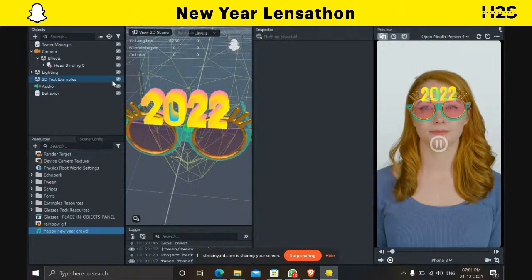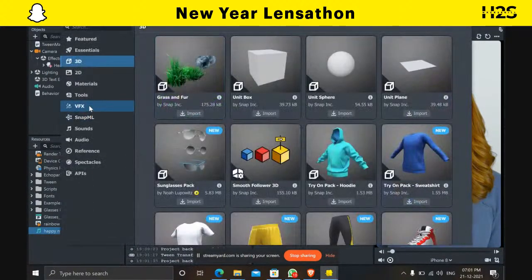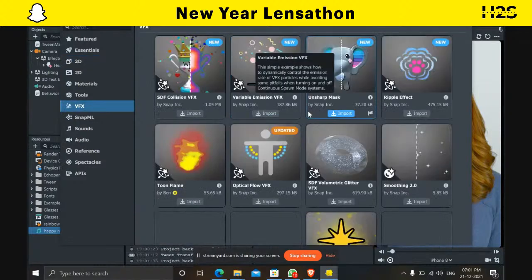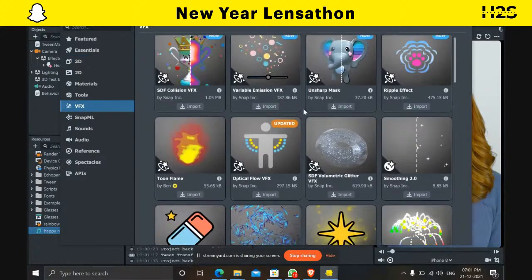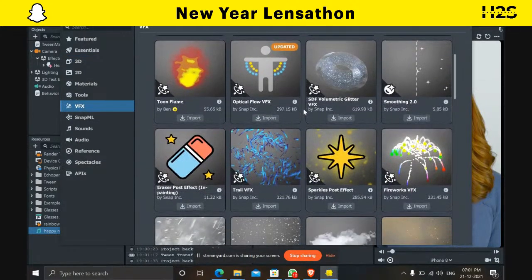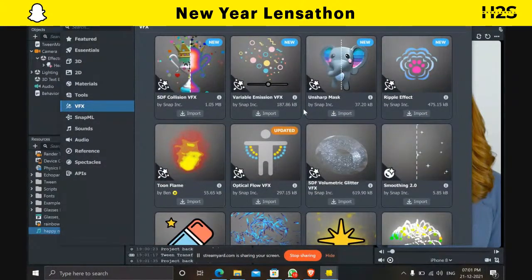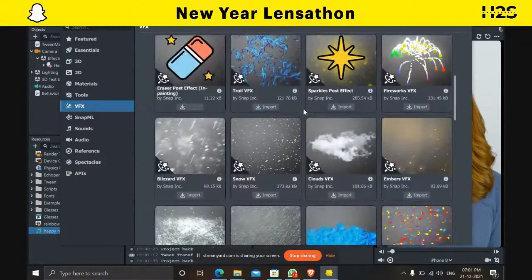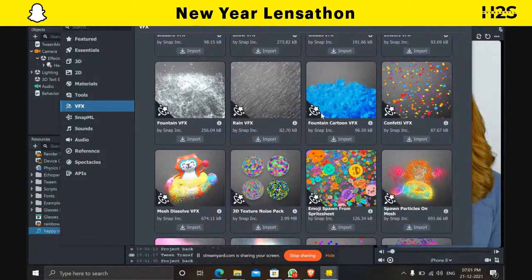Okay, guys, let me just add one more thing. I will tell you about this asset library. You can go here on VFX. VFX will give some really cool effect to your lens. Let me just choose one. There are plenty of VFX material here. You can go with any. I will choose this confetti VFX. Let's just import it into our resources panel,